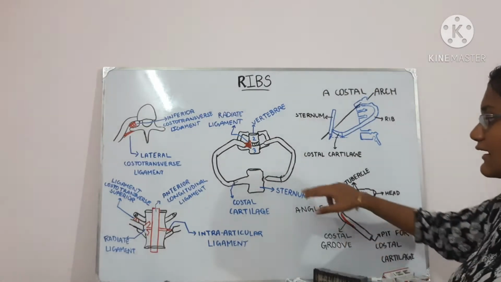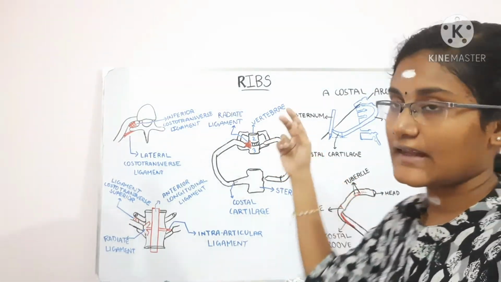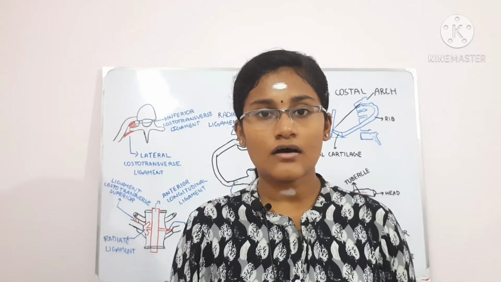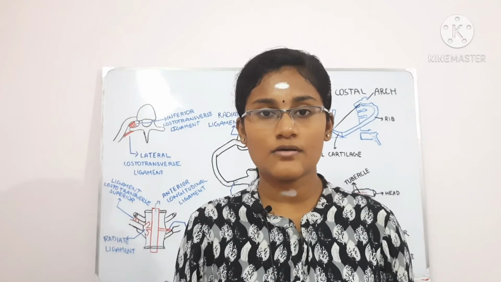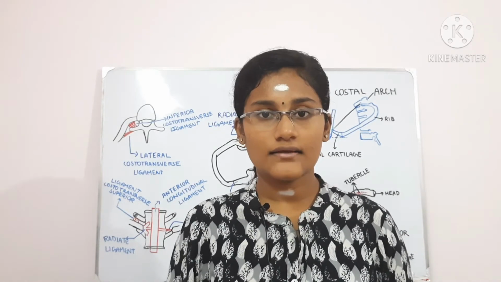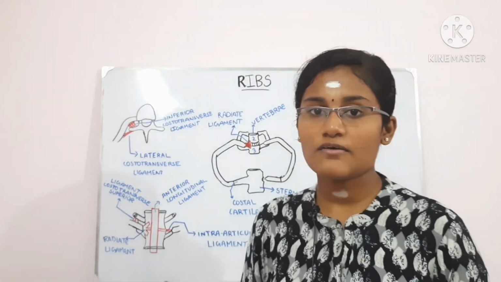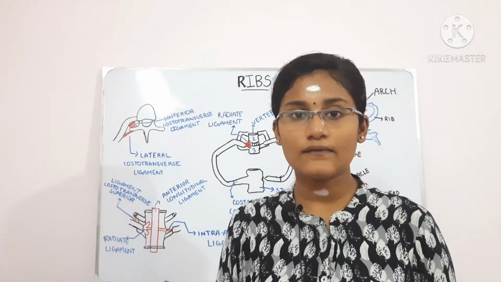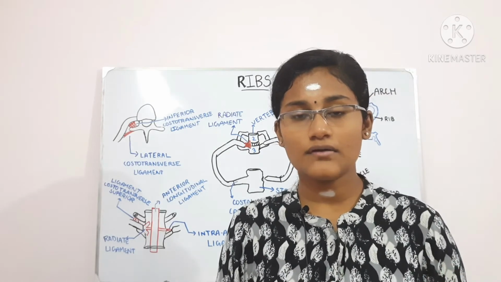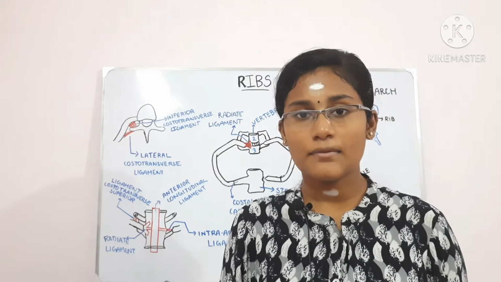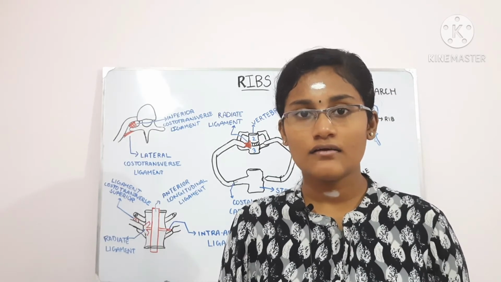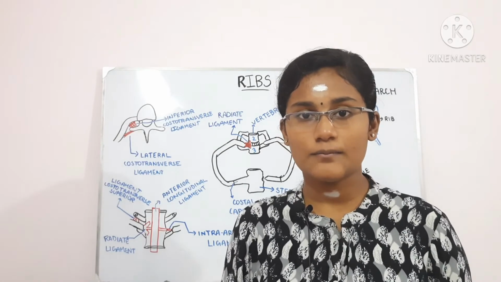Okay, so the anterior end is this one, so it is broader than the posterior end in the 1st to the 10th rib. Okay, so now let's talk about which ribs are false ribs and which ribs are true ribs. So most of you may already know this, but I'll still tell you again. So true ribs are those which attach themselves anteriorly to the sternum and posteriorly to the vertebral column. Okay, so the 1st rib to the 7th rib are all true ribs, but the 8th, 9th and 10th rib attach themselves to the higher cartilages. Okay, so those are called false ribs.